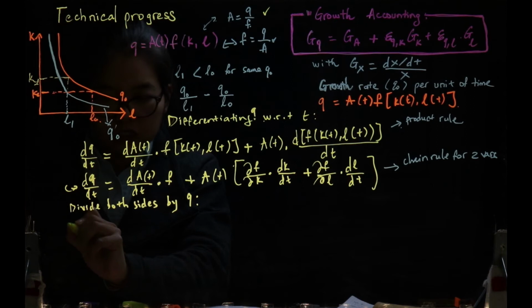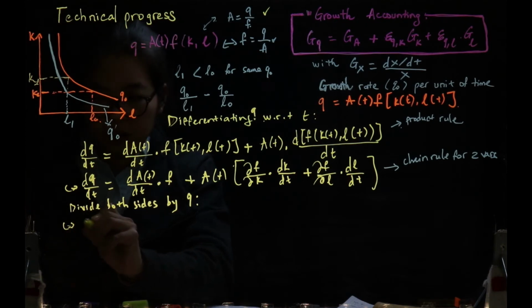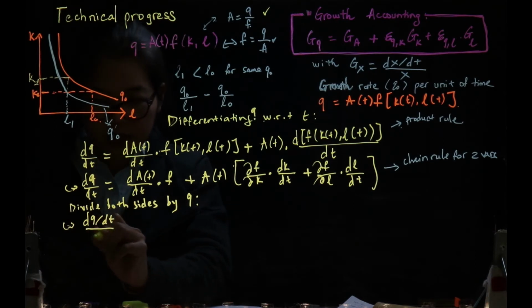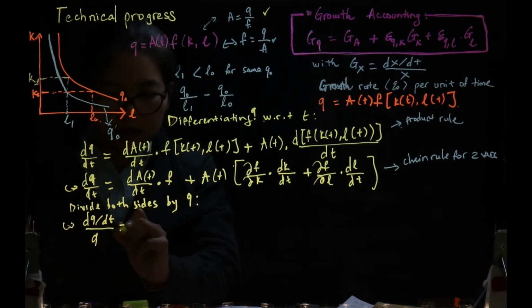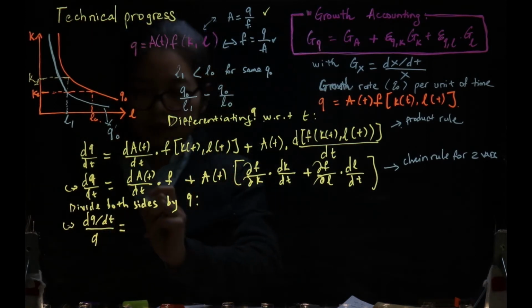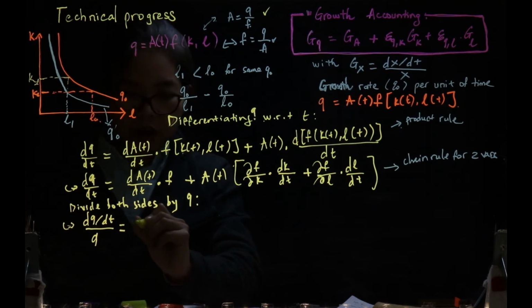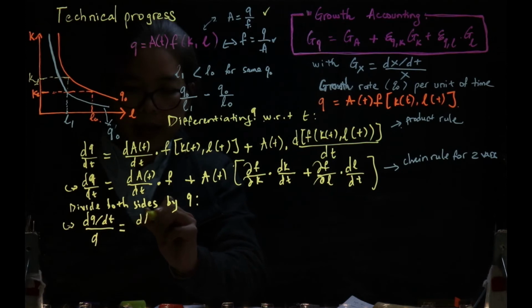So we divide both sides by Q. On the left hand side we will have dQ over dt divided by Q, right? And on the right hand side, let's take it step by step. You have dA over dt